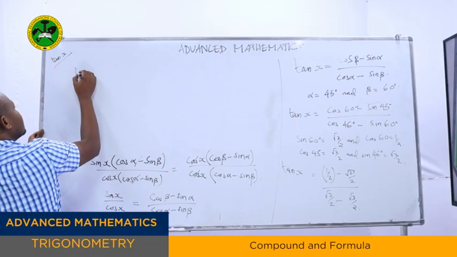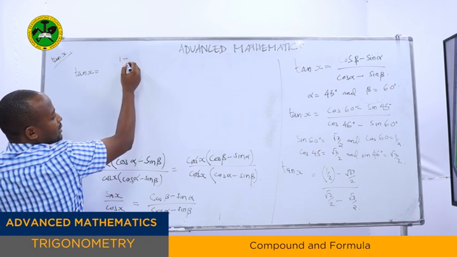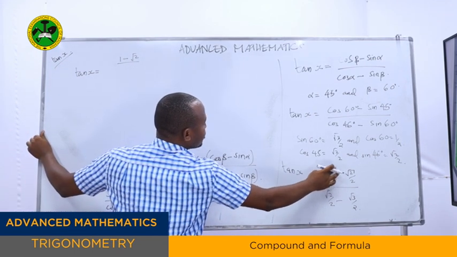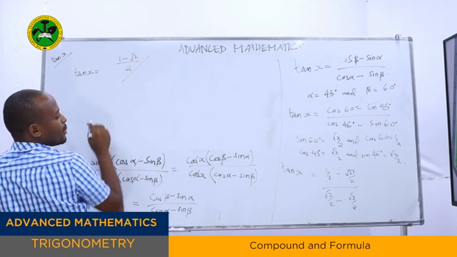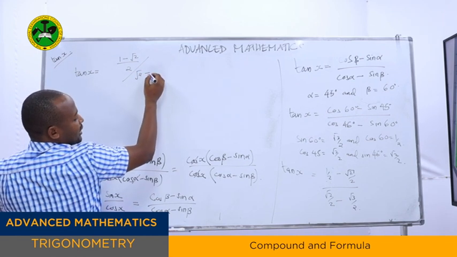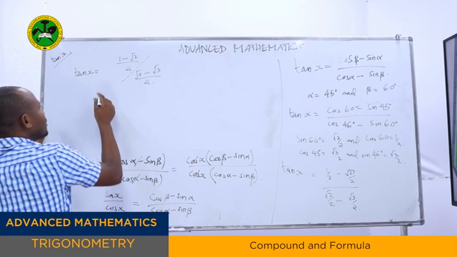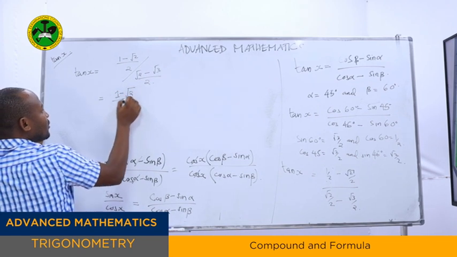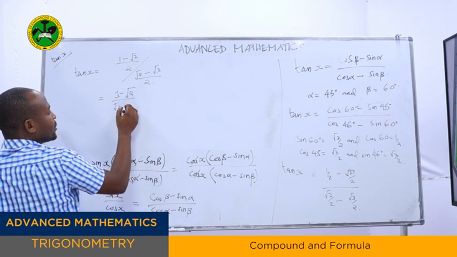That is to say, tan x equals 1 minus root 2, if you take 2 as your LCM, over 2, divided by root 2 minus root 3, and all of that is over 2. So if you simplify that once more, you will have the following, because 2 and 2 will go, and then you'll be left with